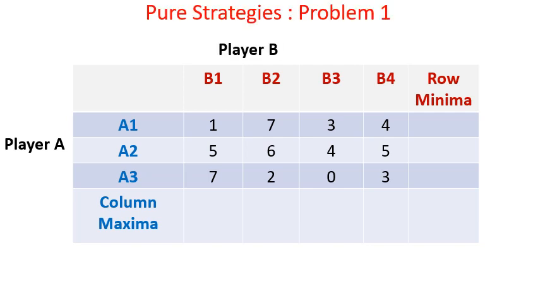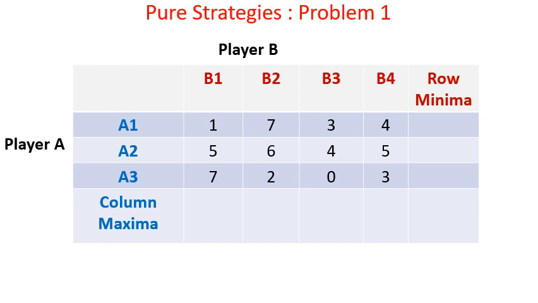Let us now calculate the row minima and the column maxima and find out whether the maximin value is equal to the minimax value to find out the saddle points. So we have seen in a pure strategy problem, you first find the row minima, then the column maxima, and then of the row minima values find the maximum, and of the column maxima values find the least. So the maximum of the minimum, that is maximin, should be equal to the minimax. If maximin is equal to minimax, then we say that the saddle point exists.